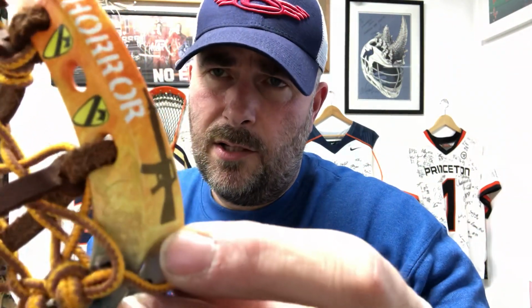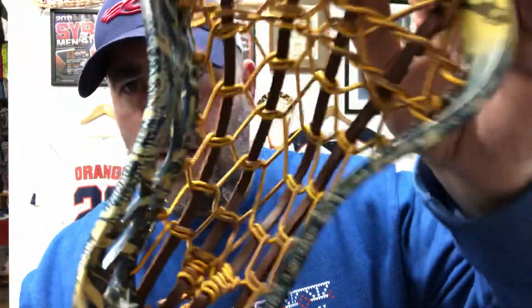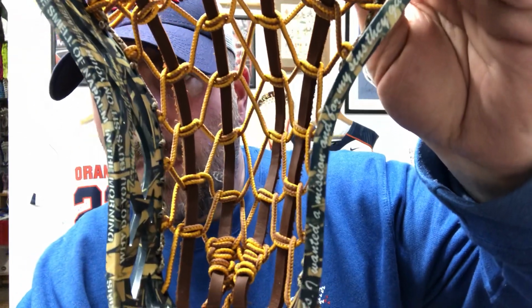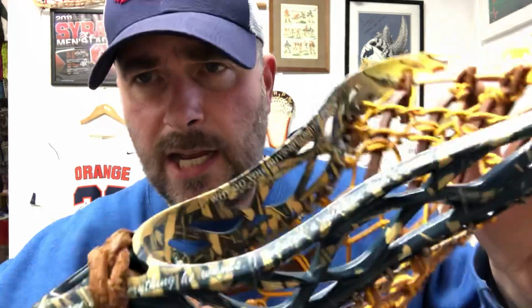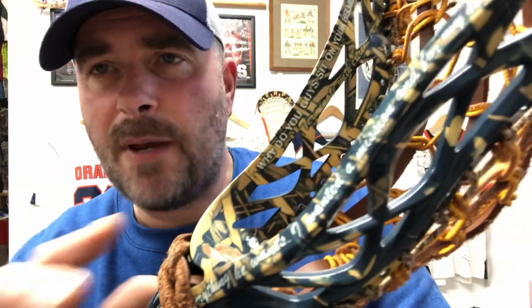We've got the M16 here on the corner. And we've got this camo pattern throughout the rest of the head. And what we've done is, again, we've hidden some of the text, and you can see some of the text. Some of it's hidden away in the camo, so you've got to look really carefully at this dye. It's hard to maybe see on this video, and it's even hard to see on some of the photos I posted on social media. But if you really look very carefully at this dye, there's a lot going on